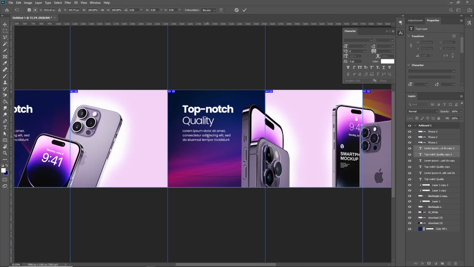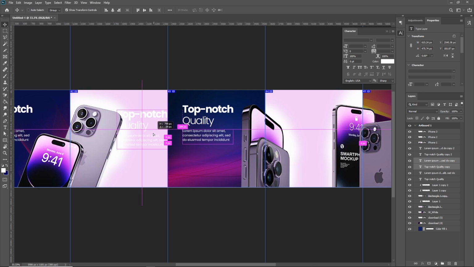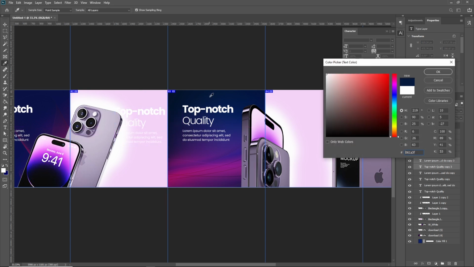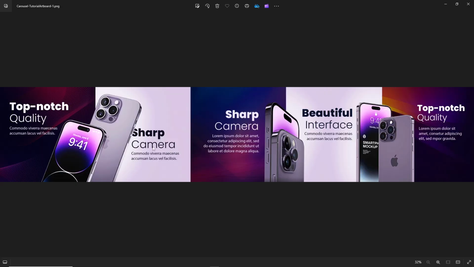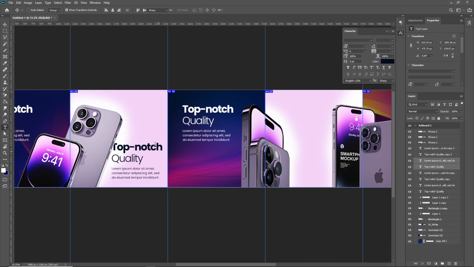Then for these white spaces, I'm going to now duplicate this and bring it here, change the color to something bluey. Yeah, this works. Then drag this down here and change the text to what the sharp camera, and then the text, so we can call this